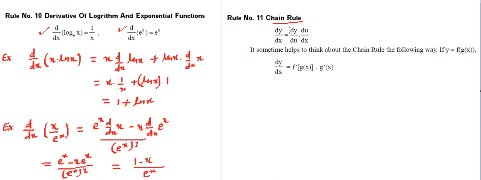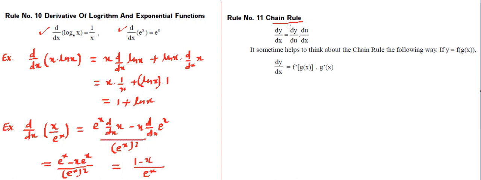But that's not going to be complete. For that sake, we need to multiply by the derivative of that variable, the change in that variable divided by the change in x. So that's called the chain rule. That means we can introduce any variable. If we are introducing it downside, we need to introduce it upside. Apparently, it will appear that they are getting cancelled out. This is what it's going to appear, but that's not the rule. As per the rule, this came out the same, so we don't cancel them out.